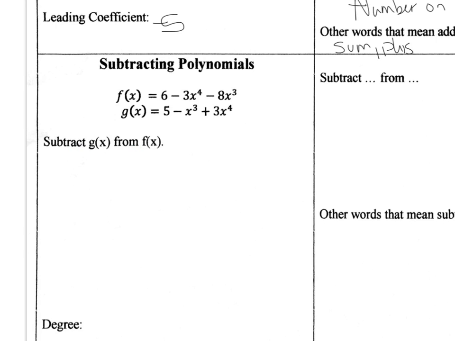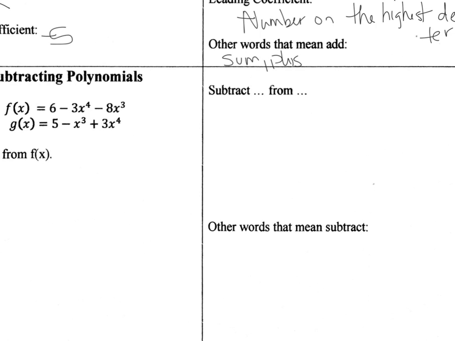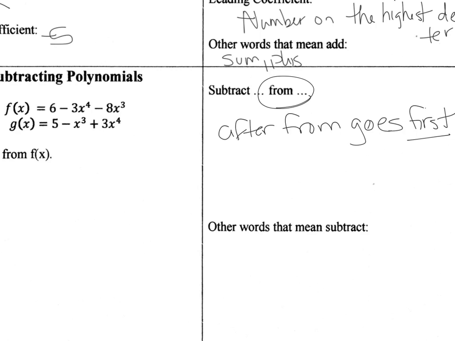So when you subtract from, whatever comes after the from goes first. Okay, so whatever comes right here, right after the word from, is going to be first, and then whatever goes next, that goes second. And what we do when we subtract, what I like to say is keep,